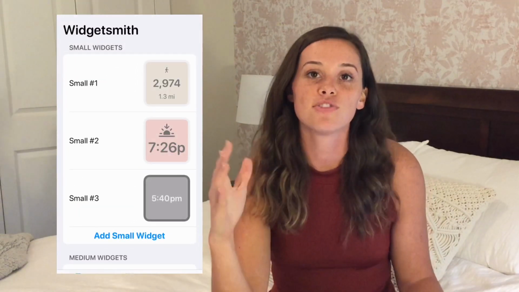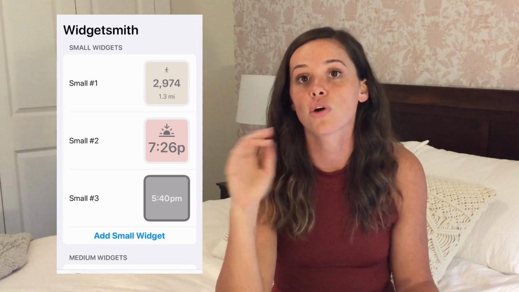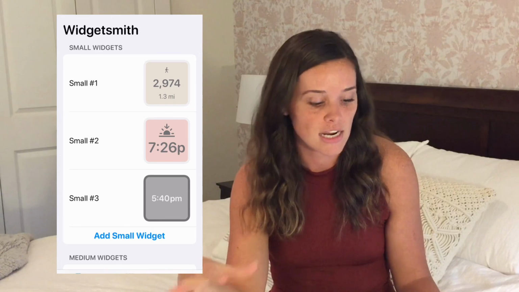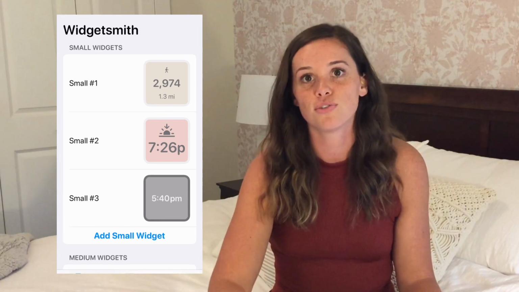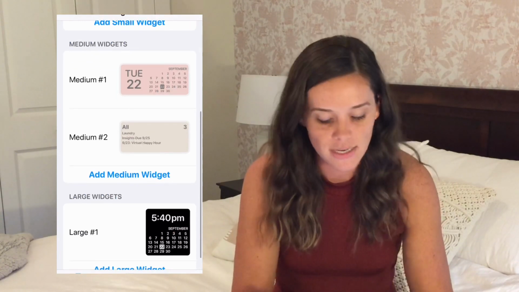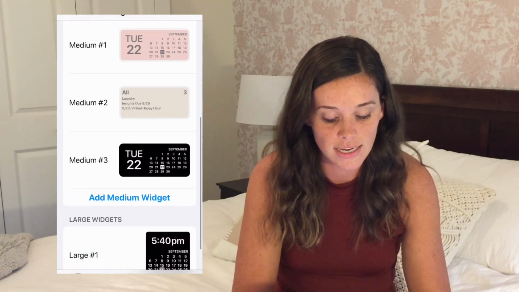Now what this allows you to do is create three different types of widgets. You can either have a medium, small, or large. I don't personally have any large widgets within my aesthetic, but I'm going to show you how to create those. So let's do a medium one first. Let's say add medium, click on it,